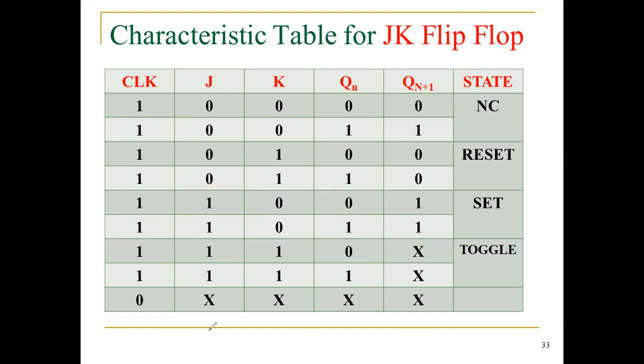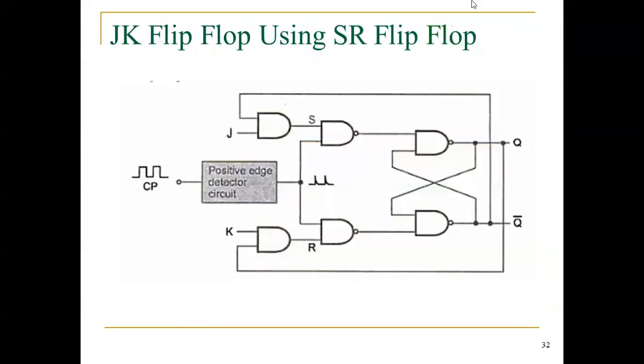Now, the final one we are going to explain. That means both the J and K inputs are 1 1. What will happen at the time of my clock input equal to 1 1? It is another important thing we are going to discuss now, because in our competitive examinations or in our in-semester examination, the question may be possible based upon this operation. I will tell you later.